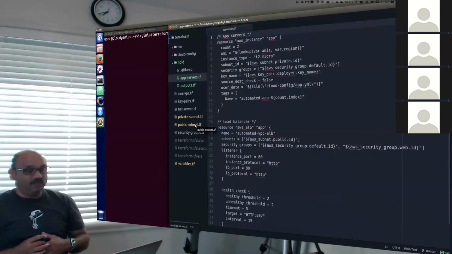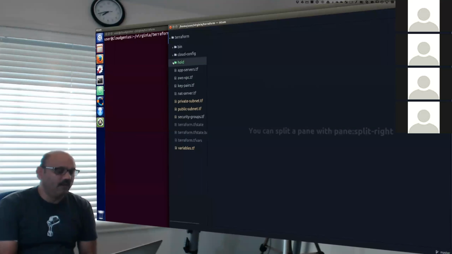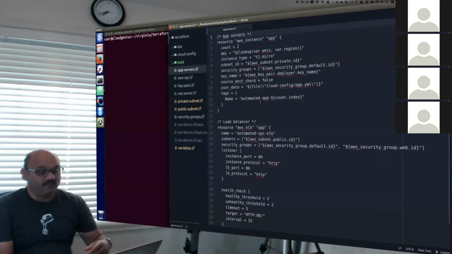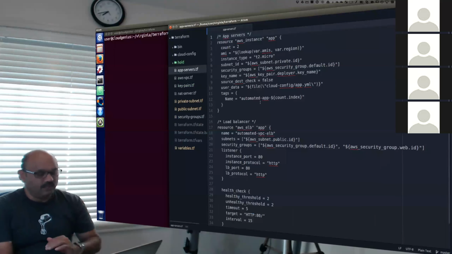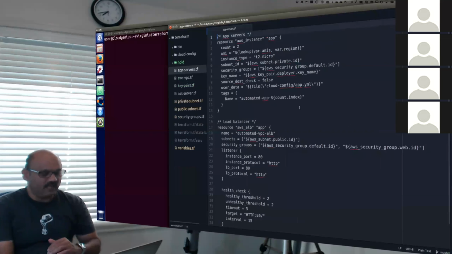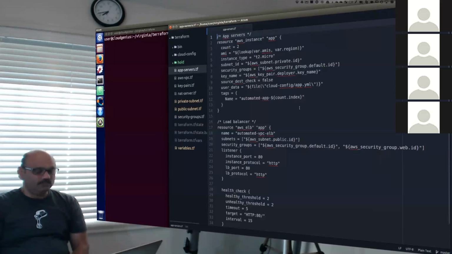So that's what this next step is. It is going to be creating application servers. And I will move that file outside of the holding area into the main area. And this is what it looks like. First thing first, let us check: do we have anything about the West Coast? No, we don't. Nice. Next, let us see how many lines it is. 37 lines. Okay, and now let us read it.